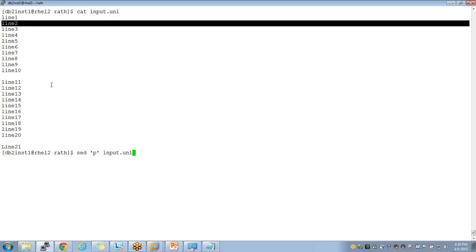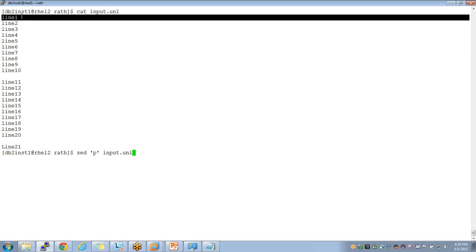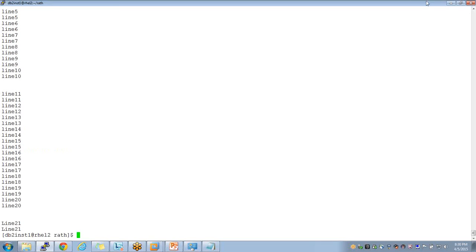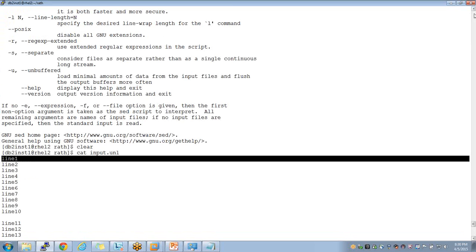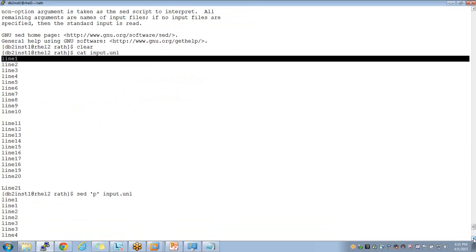It goes to the second line, applies these instructions, then the third line. The default action of sed after reading the line is to print the same thing. And here we are saying again the instruction is printing. So you'll see the same line a couple of times.